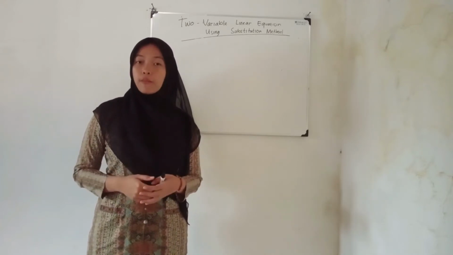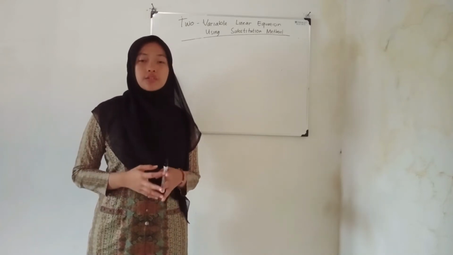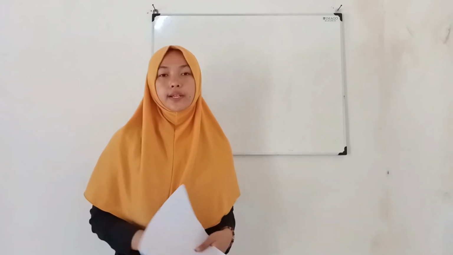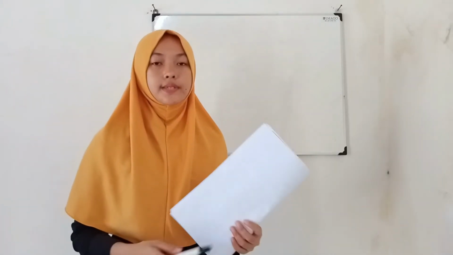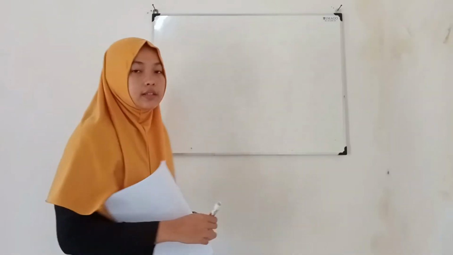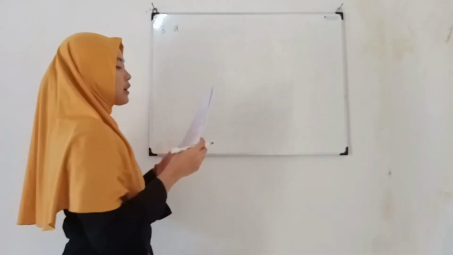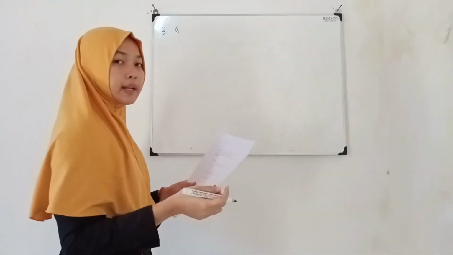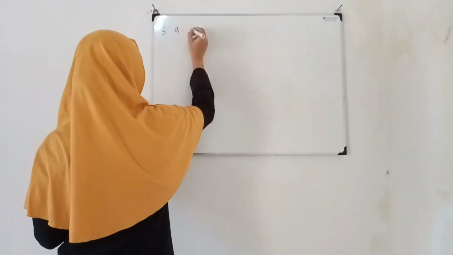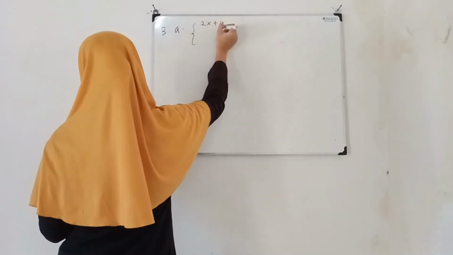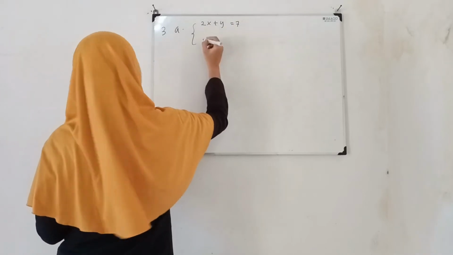Is there a group that will come forward and explain the result of their discussion? Yes, group 1. Okay guys, now we would like to present the result of our group discussion for number 3.A. So the solution for number 3.A: the two-variable linear equation system for number 3.A is 2x plus y equal to 7 and